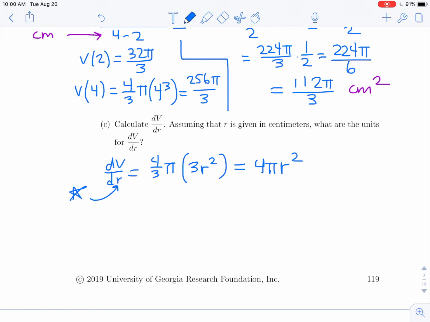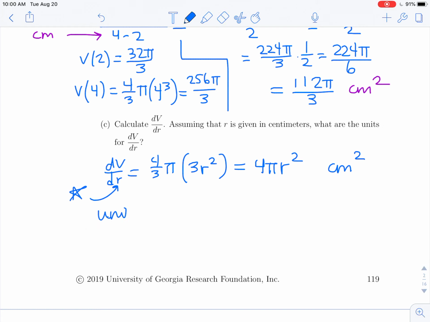Assuming that r is given in centimeters, what are the units for dV over dr? They should be square centimeters. And it goes back to the units that we looked at in Part B. The derivative comes from looking at the difference quotient and taking the limit, at least if you do it the long way. And the units for the difference quotient,